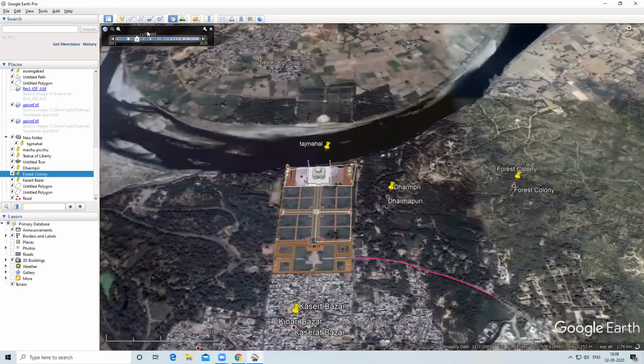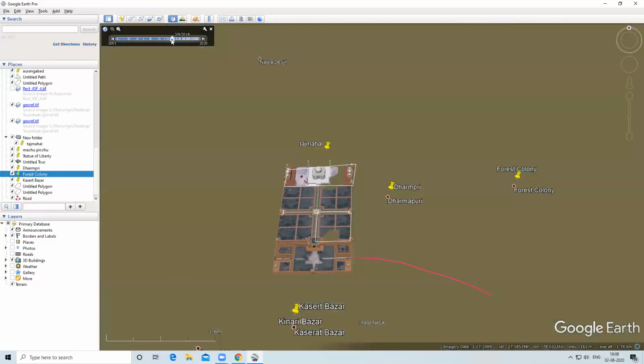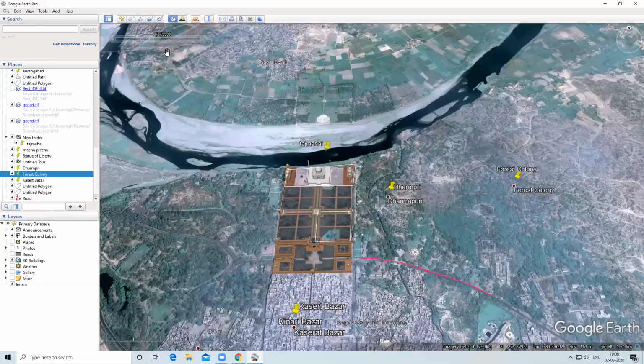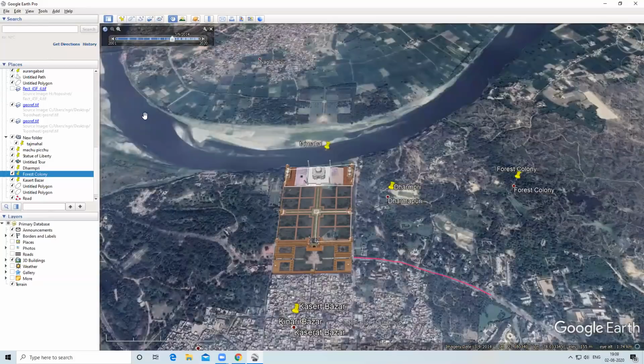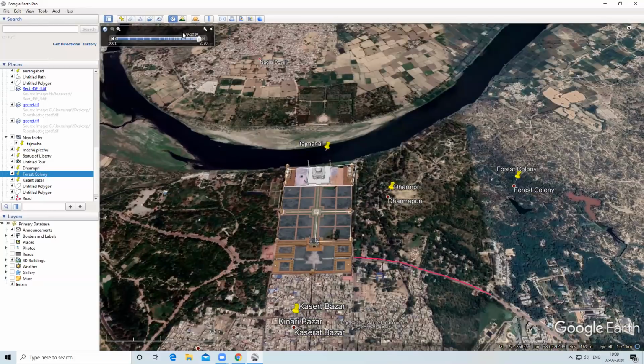You can see the 2005 or up to 2001 image. You can see what was there in previous days. You can see the river flow previously and today. Like this you can see historical places.